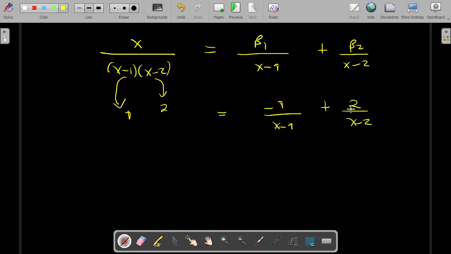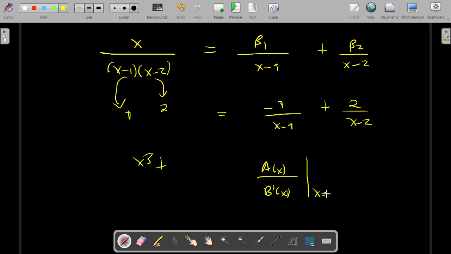Now the second method is known as the derivative method. Now this is going to be very, very useful, especially when the denominator is given as an expression, such as a quadratic expression or a polynomial, where we have x to the power 3, and then we cannot factorize. So this is going to be very useful in that case, where you basically identify the poles of the denominator and then try to take the derivative of the denominator. And then what you have to compute is a of x divided by b prime of x,